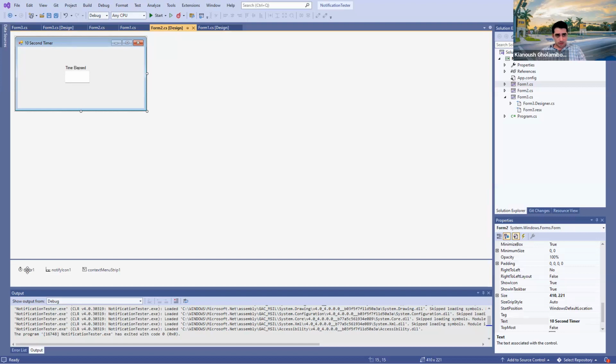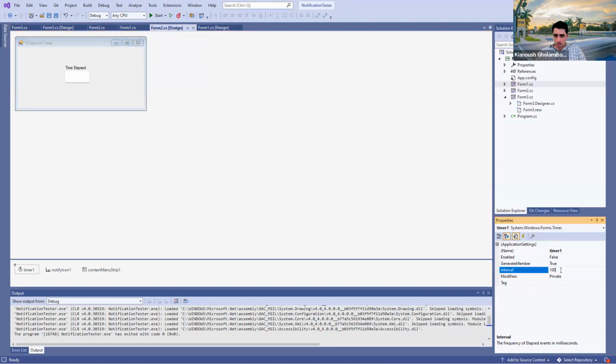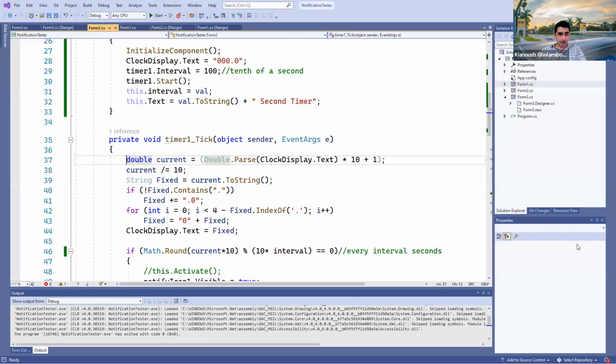If you click on timer here in this form, you will see that its interval is set to 100, which means every 100 milliseconds, this timer is going to generate a tick event. The tick event is the only event that the timer has, and you can handle this event using a method like, in this case, timer 1 tick. And as you see in this event handler, what I have is